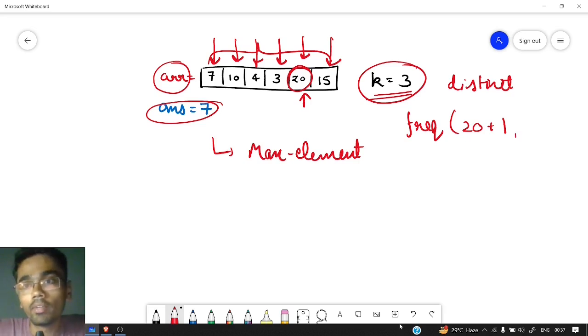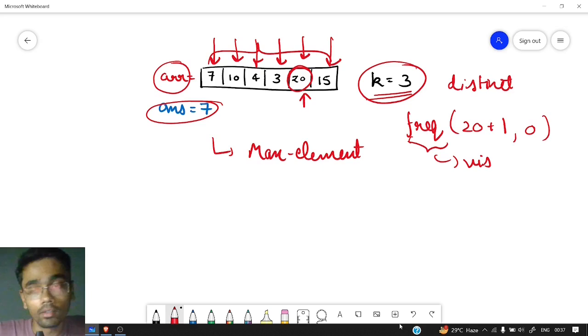So we'll create a frequency array, and initially it will be all 0. It is a kind of visited array, not a frequency array. You can say it is kind of visited array which will keep track of how many elements are present in the range from 0 to maximum element. So you can say it is as a visited array instead of frequency array. So after figuring out all the frequency and all that, what we can do is, we can iterate from 0 till the maximum element,